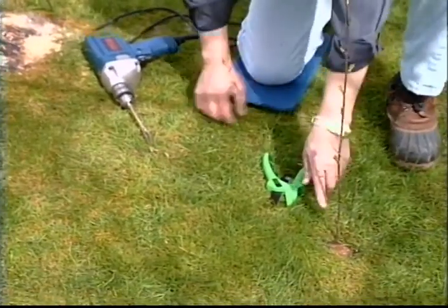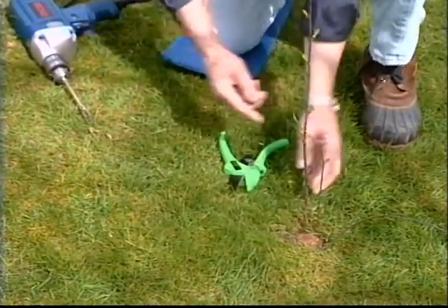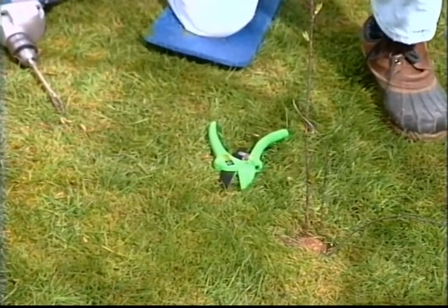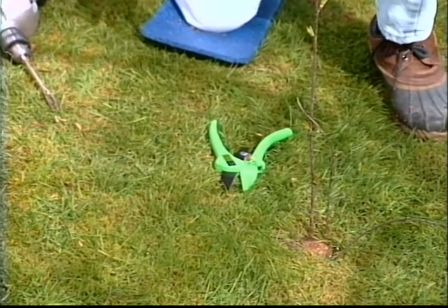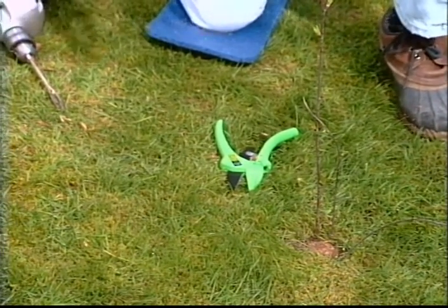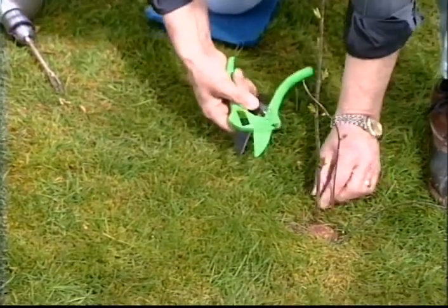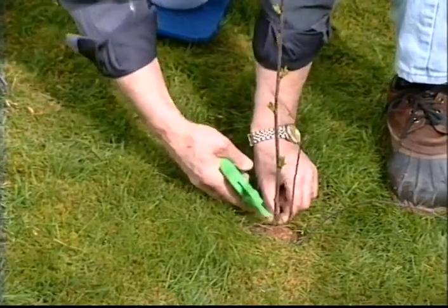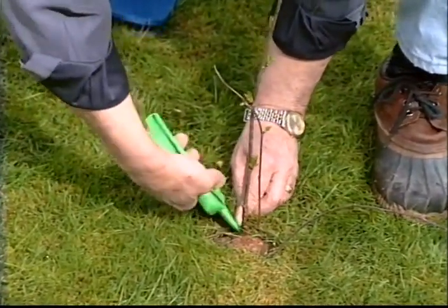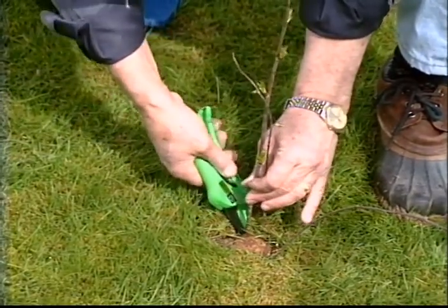Now, that solves one problem, but what about this problem over here? You'll notice that here's part of the root coming up from this same stump, and here are the suckers coming up from there as well. Now, you may have this not necessarily from a stump that's been cut, but you may have this from a living tree, the same kind of situation. So what you want to do is to come over here and actually go down into the soil, and you can even pull it back until you find the exact spot where that's originating from that root,